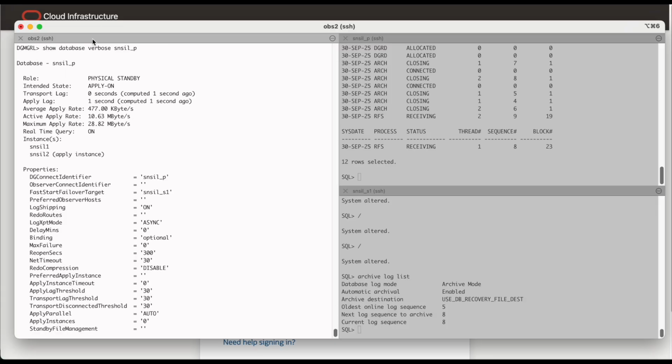You can monitor the transport and apply lag and also the average active apply rate. Also notice that the apply instance is instance 2 in this case.